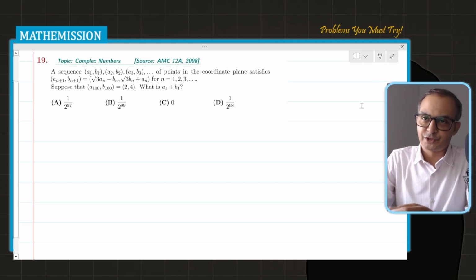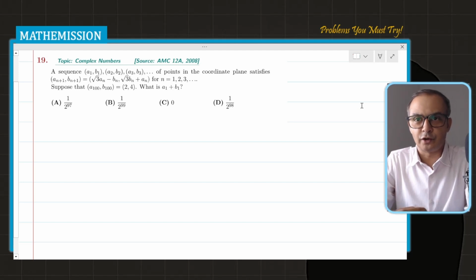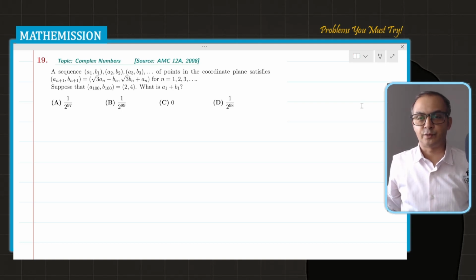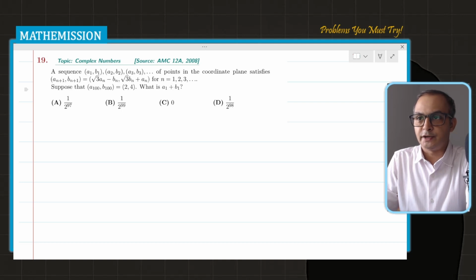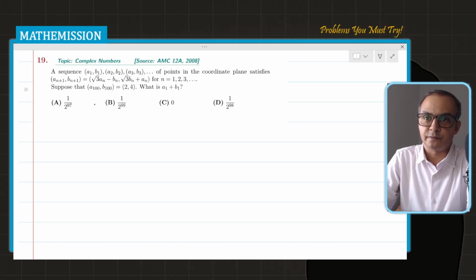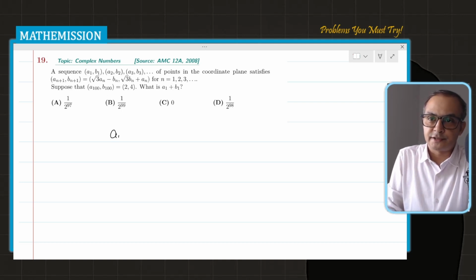Hello everyone. So in today's video we are going to solve this question. This question is from the American Mathematics Competition 2008. So this question says that a sequence (A1, B1), (A2, B2), (A3, B3), of points in the coordinate plane satisfies this condition. So the condition is that (an+1, bn+1),